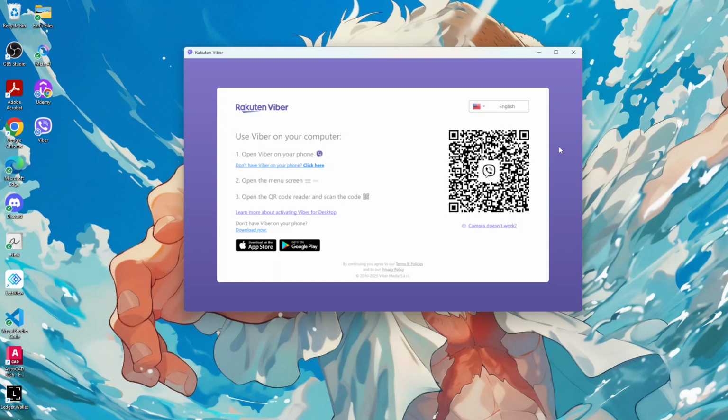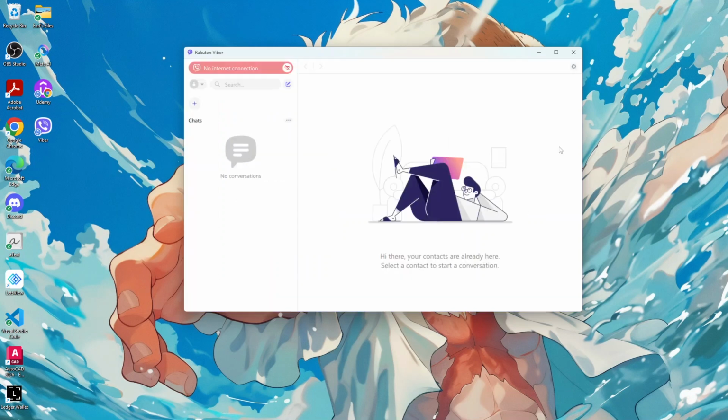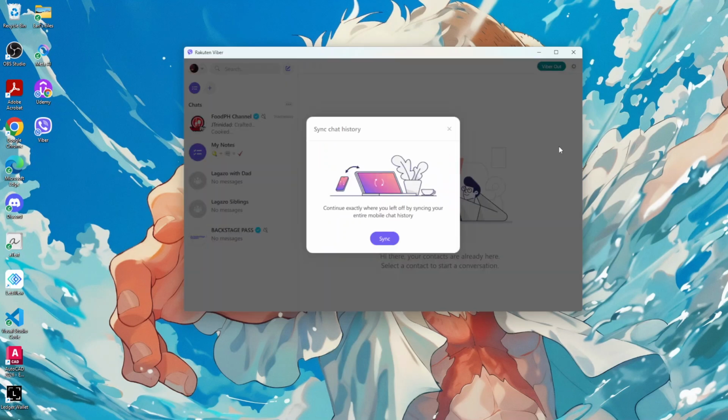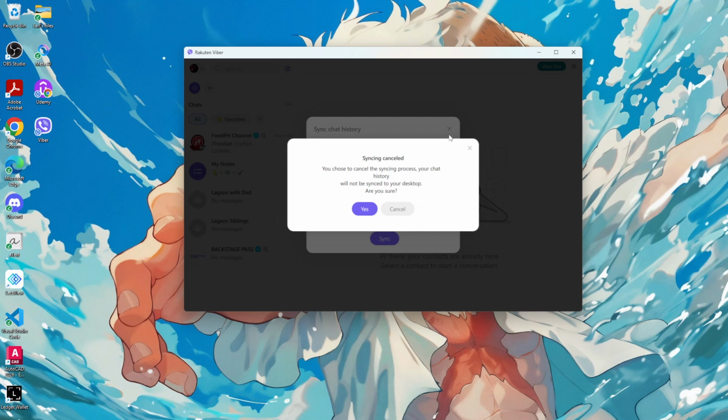On your phone, open Viber and look for the More option, usually represented by 3 lines or dots. Tap on it and select the QR code scanner. Point your phone's camera at the QR code displayed on your secondary device to scan it. Once scanned successfully, the devices will sync, linking your secondary device to your main Viber account. You'll now be able to send and receive messages, make calls, and view all your chats across both devices.